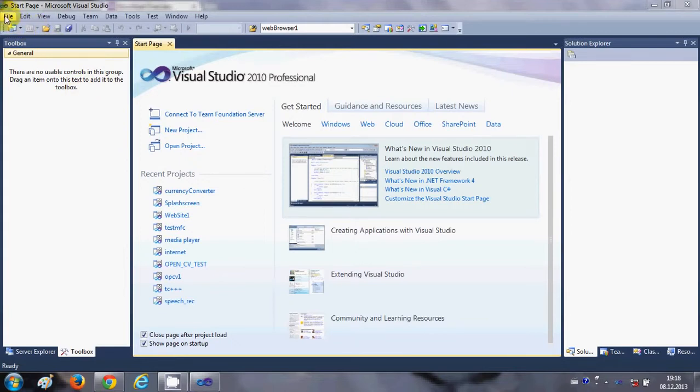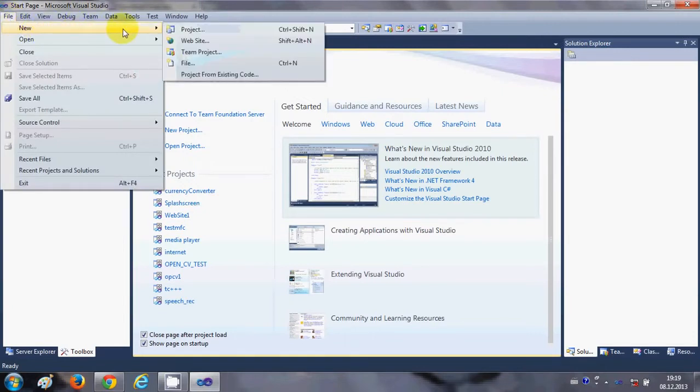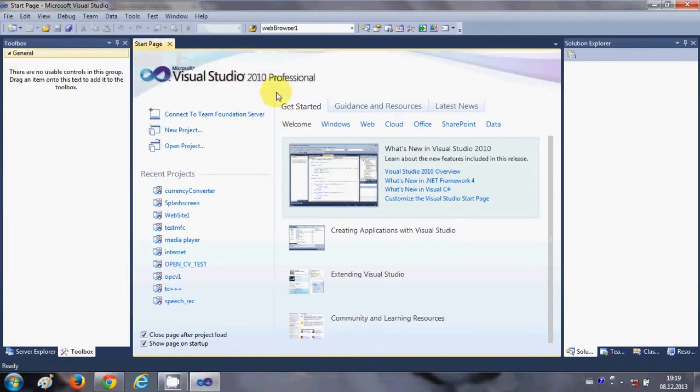So what we can do is go to File here and say New, and you can choose either a project or simply a website if you want to make a website using ASP.NET. So I'm going to choose this website from here,